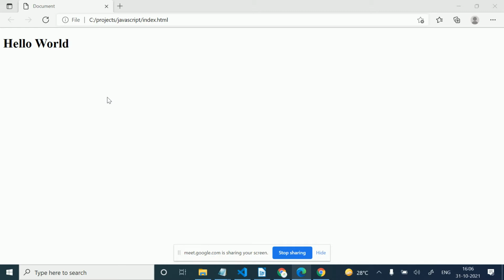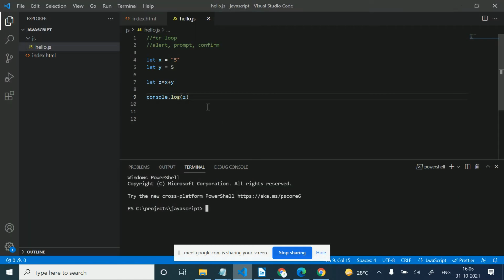So these are some functions provided by JavaScript, and the JavaScript compiler automatically converts some things, and we will discuss this also. Okay, so let's do the practical things here. Here is a variable, let x is equal to "5". So 5 in quotes is a string. It is not a number.